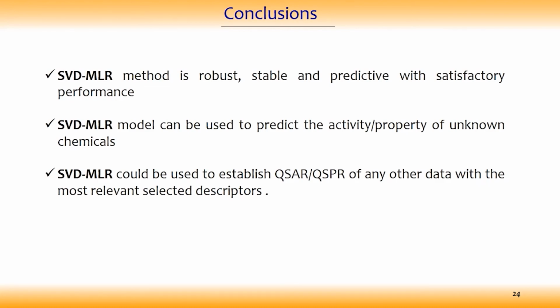Finally, to conclude, it has been shown that the SVD MLR method is robust, stable, and predictive with satisfactory performance. And also, this model can be used to predict the activity or the property of unknown chemicals for these two datasets. And this method could be, of course, used to establish a new quantitative structure activity or property relationship of any other data with the most relevant